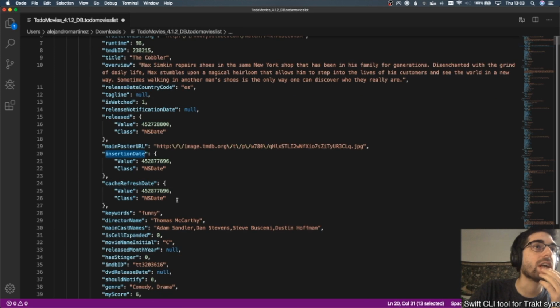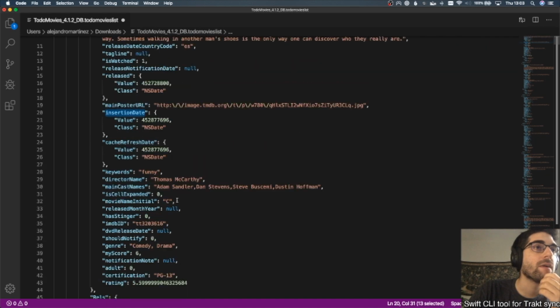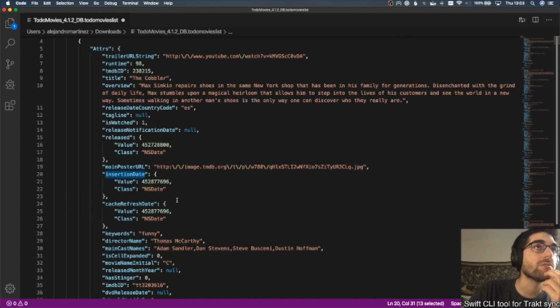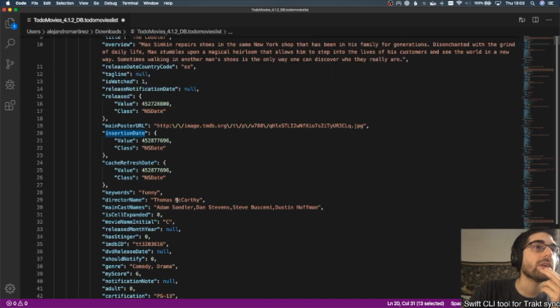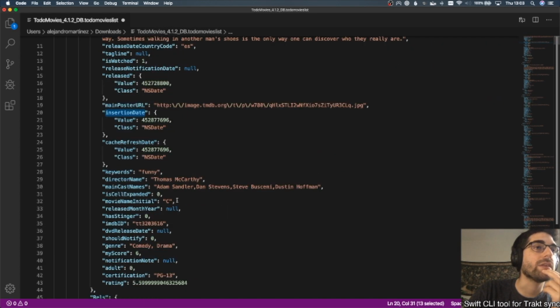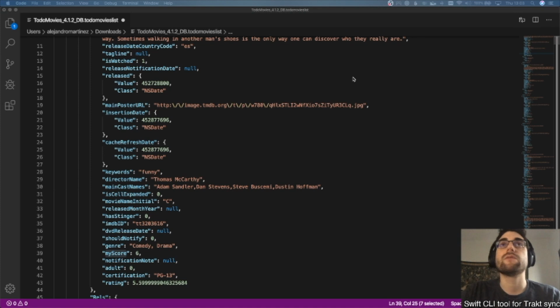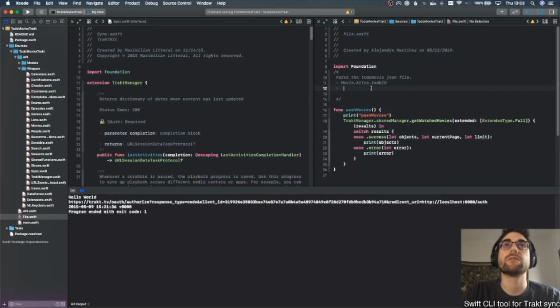Insertion, the cache refresh. I don't have everything here. To move, I want to move it. My score. We pass my score to